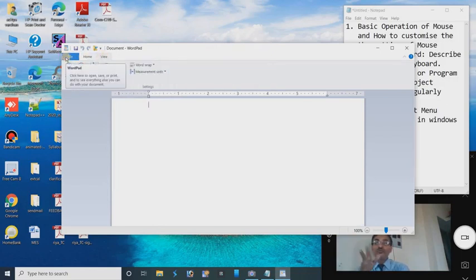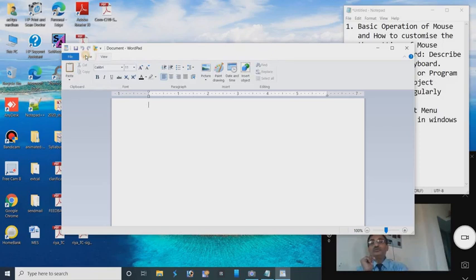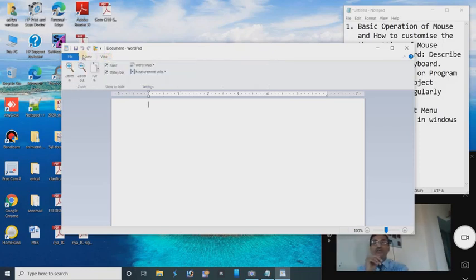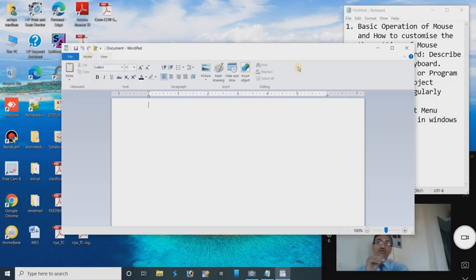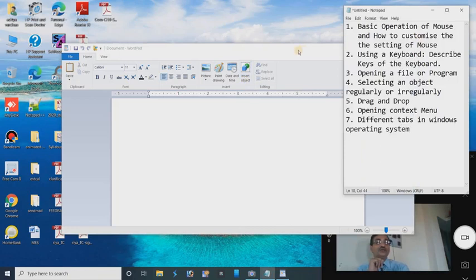In the newer version of Windows, it is simply termed a tab, but in the older version of the Windows operating system, it was called a menu. File menu, home menu, view menu, and so on. These were all called tools, but here it is called the ribbon. That is called the ribbon.